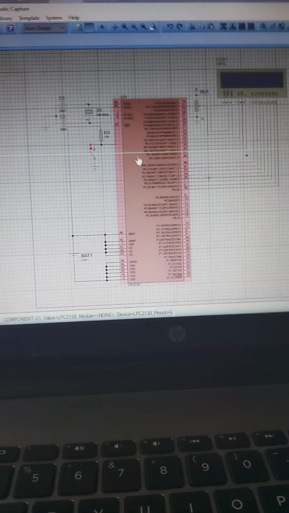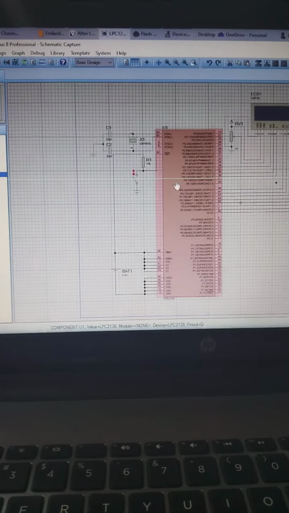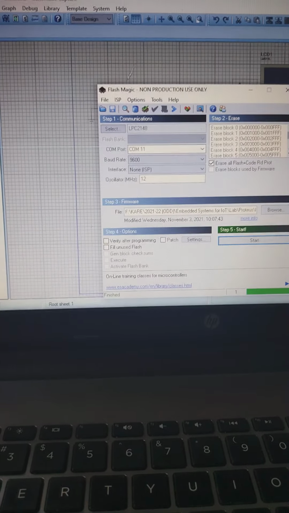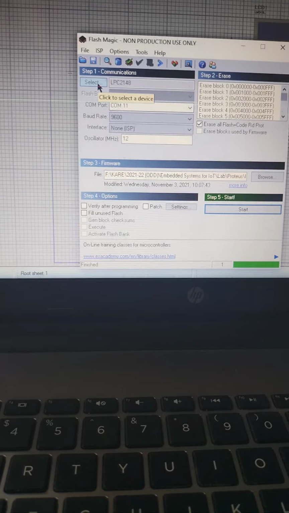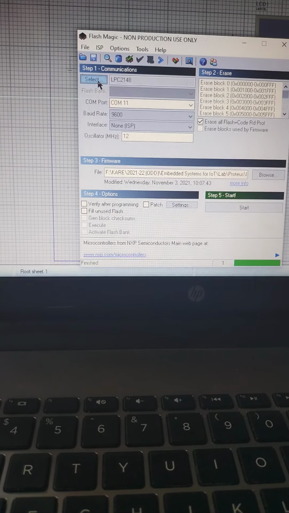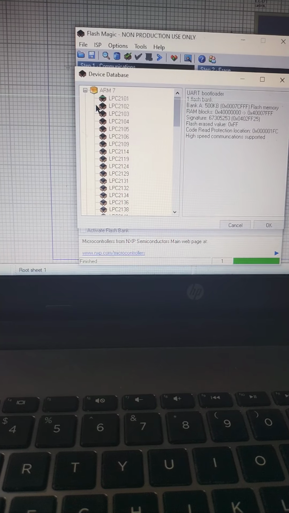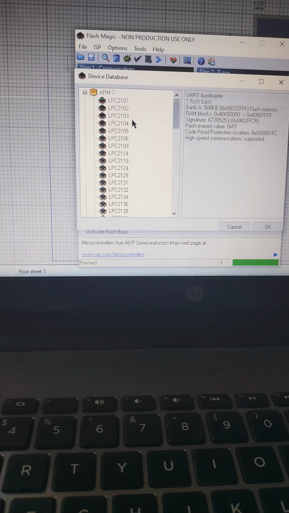And with this hardware connection part over, what you need to do next is, using Proteus or Keil MicroVision, you will not be able to download the software directly into the ARM kit. So for that, you're using a special software called FlashMagic, provided by Philips. In that, in the first step, you need to make sure you are selecting the LPC2148, which is obtained from ARM7.